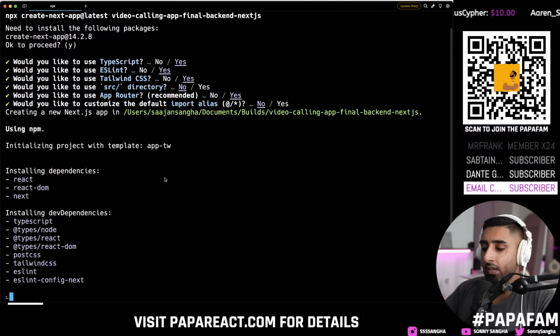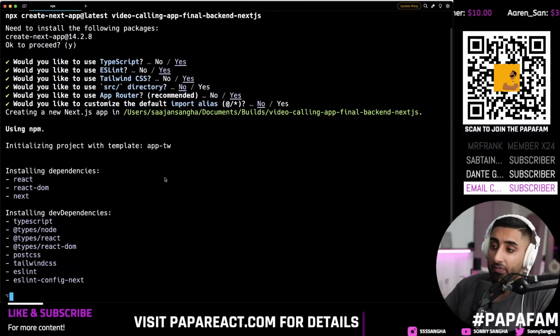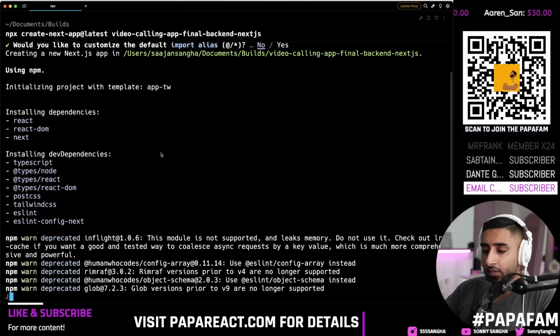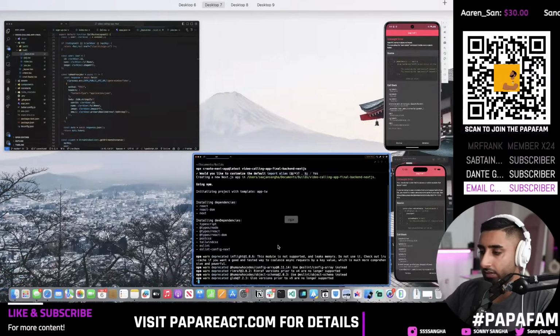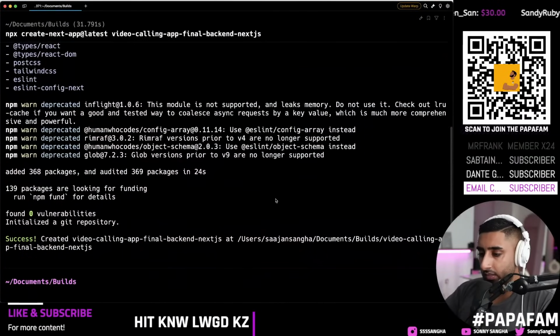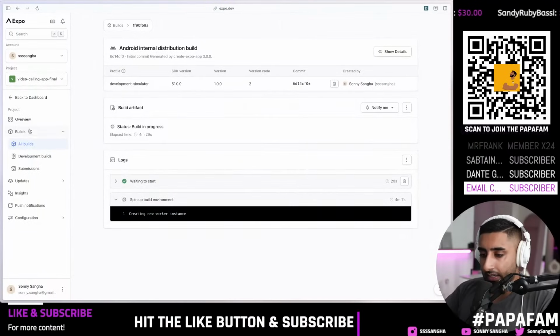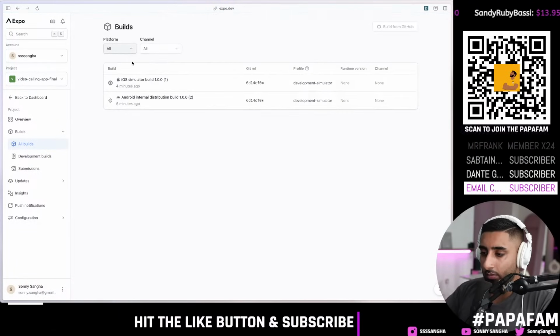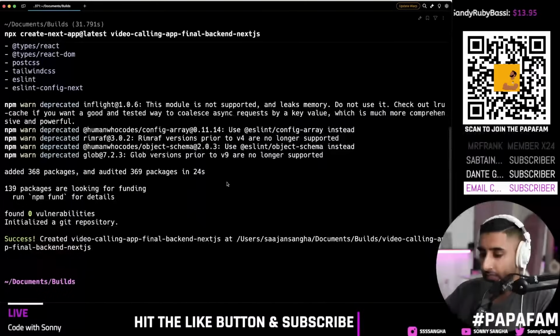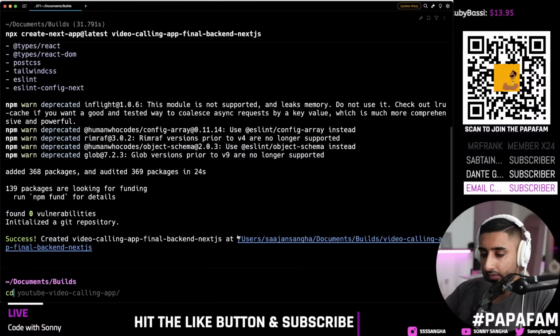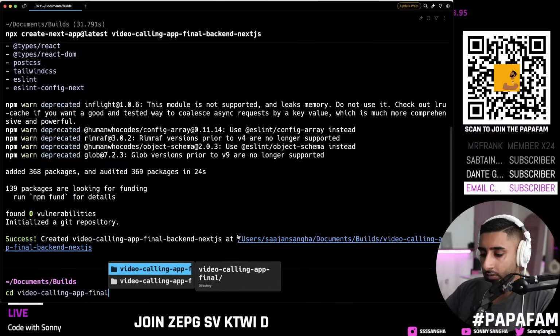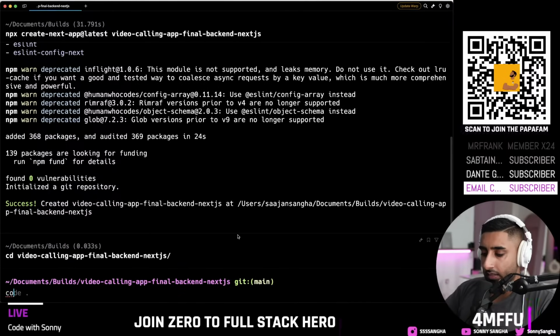We use it tons, right? And it's a perfectly viable thing that you can do. So we're creating our backend function here. You can feel free to do it a couple of ways. It's all good. You can see right now, this is still being built out. So that one's still being in concurrency. That's fine. So let's go ahead and do cd video-calling-app-final backend next.js, and we're going to open